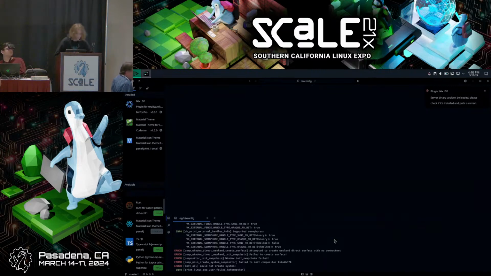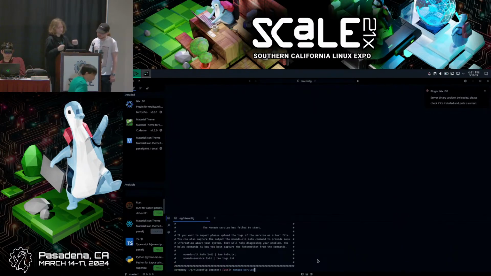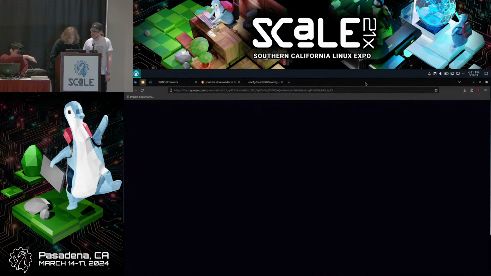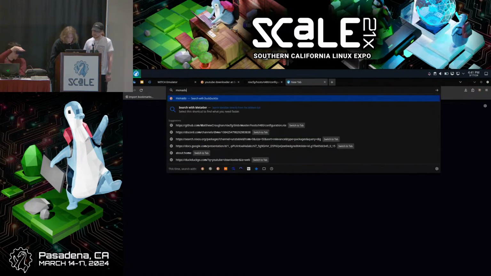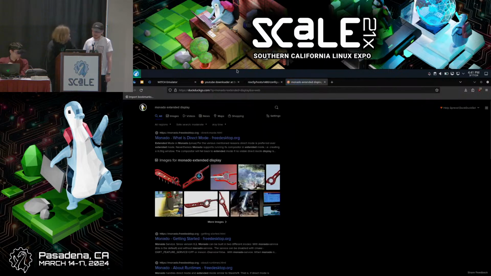Oop. Failed to start, no direct connectors. Because it's no direct connectors, it's not a direct display. We can't do it because it's not Xorg. We can't do that manually with Xrender. But I could always make it an extended display. I just forgot the exact thing for that. Variable somewhere in there. It's in the disk code somewhere, right? Yeah, probably. Okay, we're mirroring, yeah.